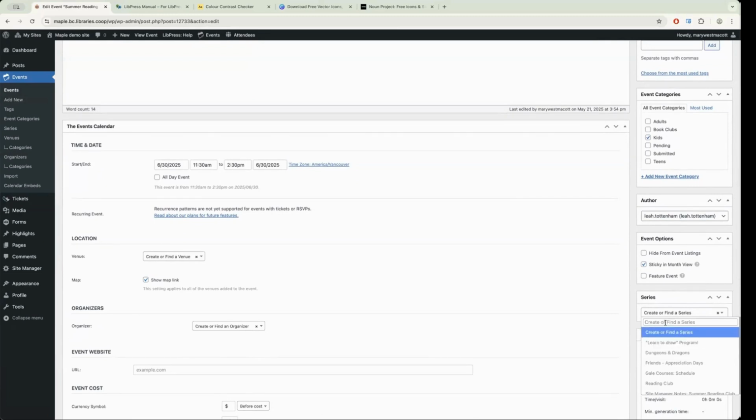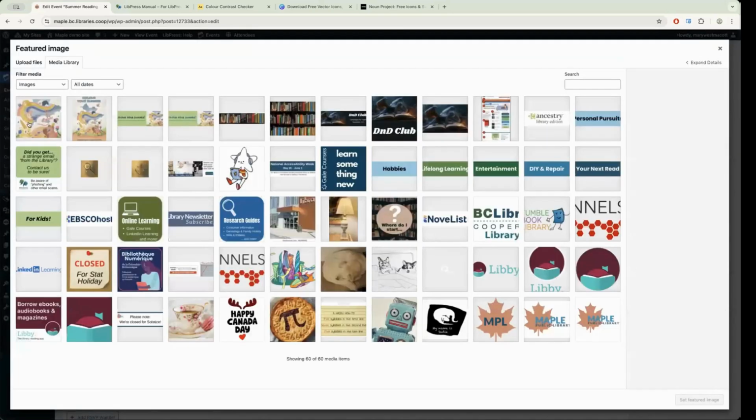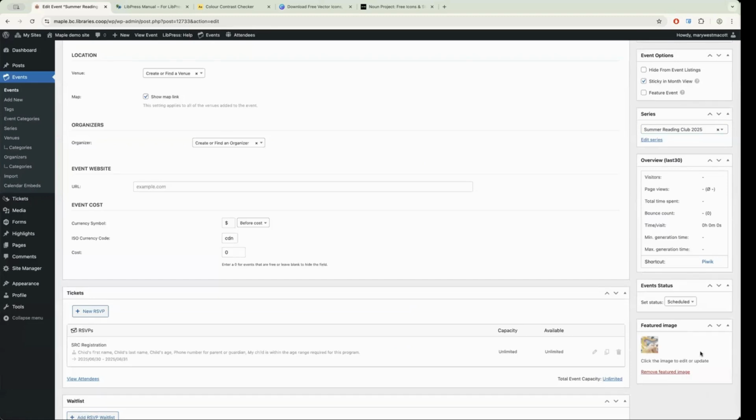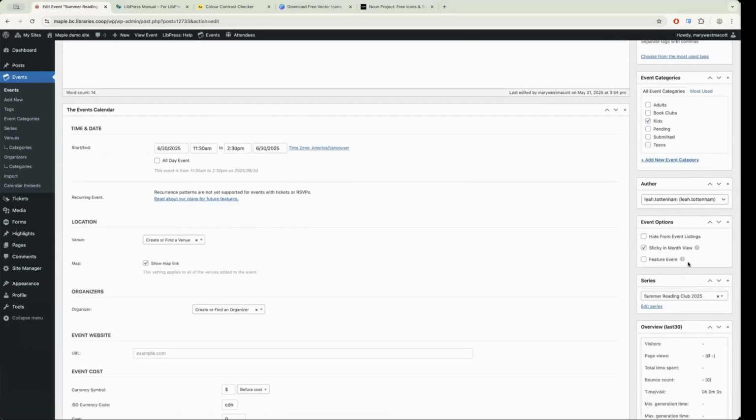We'll make sure to add it to the same series here. We'll add the same featured image. Of course, you probably will want to do things differently, add a bit more dynamic quality to your images by having different ones for each event. And I'm going to use feature event for this one. When you set something as a feature event, it's going to be at the top of any events list anywhere on your entire site. So this is for the big ones that you want everybody to see. And when you're finished with it being a featured event, you can always come back in here and take it off. But that will make it